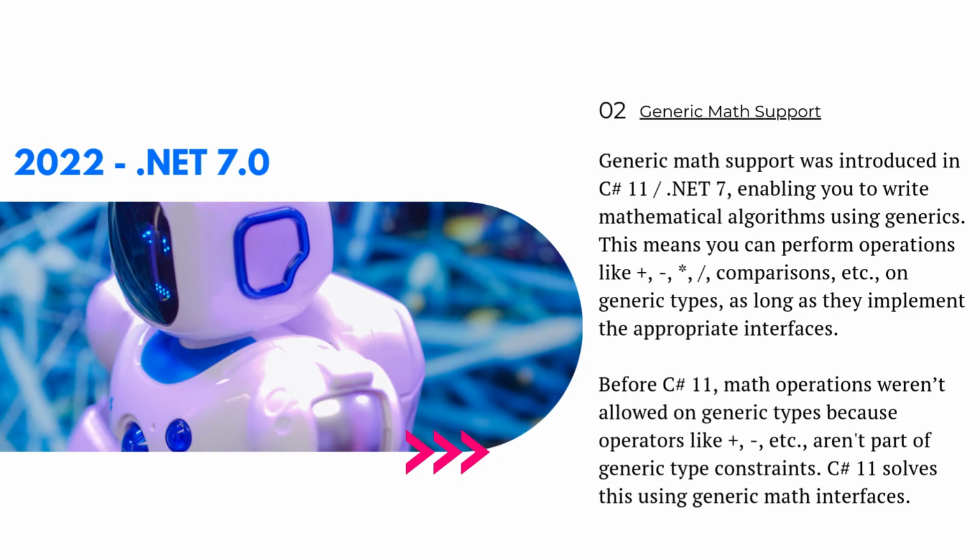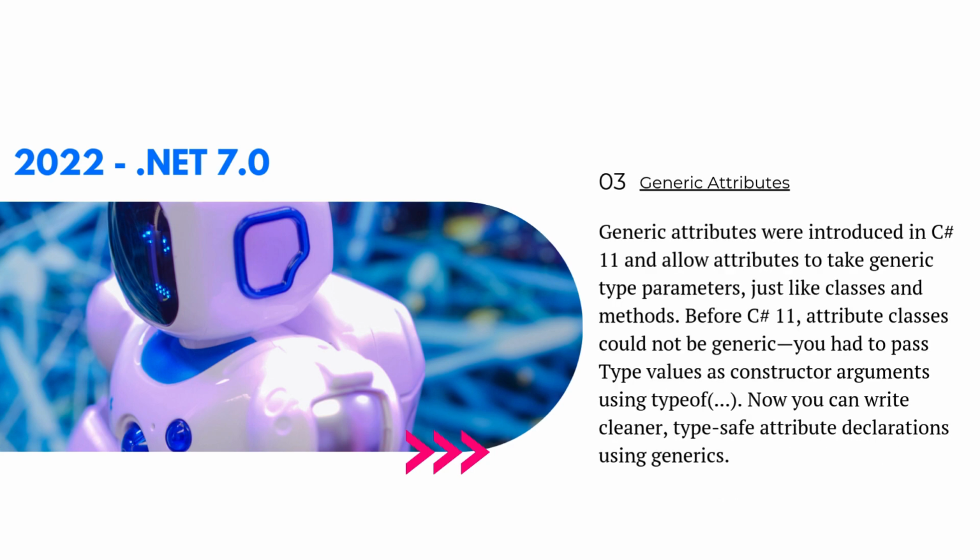Generic math support was introduced in C# 11, .NET 7, enabling you to write mathematical algorithms using generics. This means you can perform operations like plus, asterisk, comparisons, etc., on generic types, as long as they implement the appropriate interfaces. Generic attributes were introduced in C# 11 and